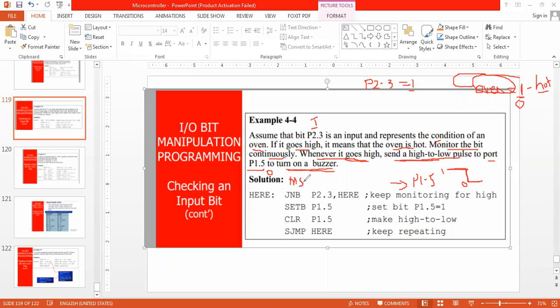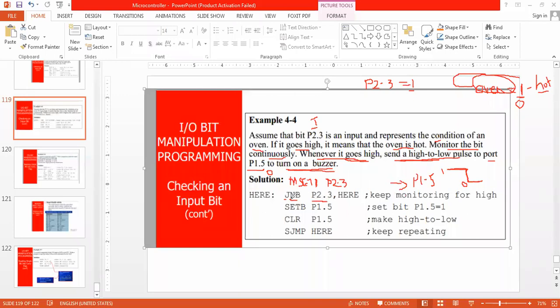Set bit P2.3. You have to note down everything. Okay. Then come here. Jump if no bit P2.3.